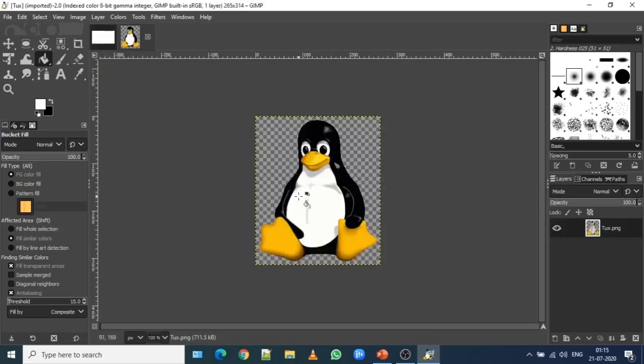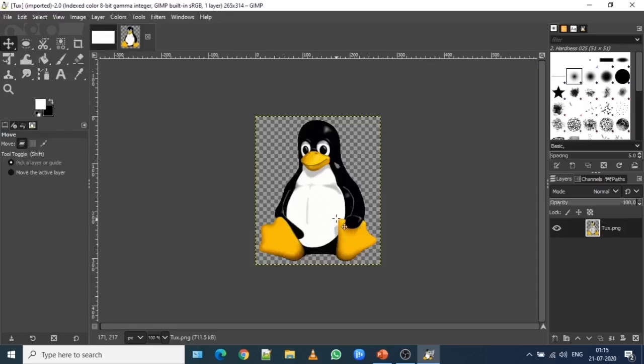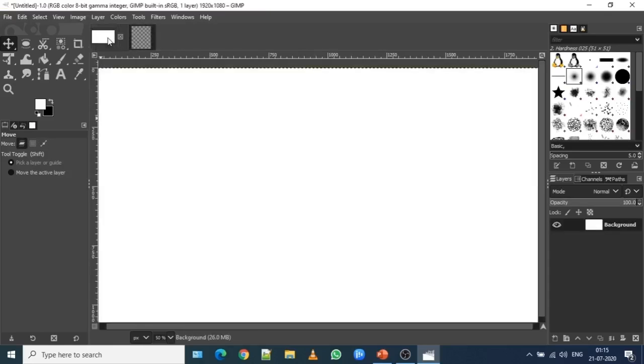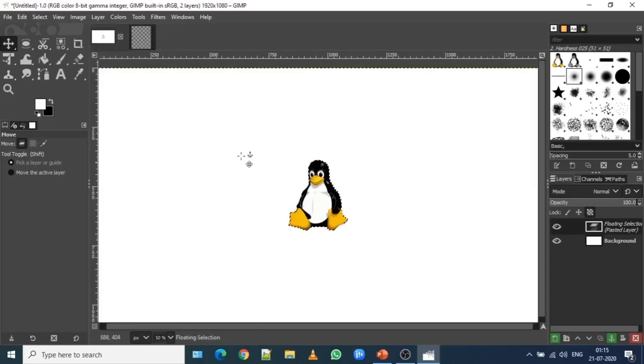So select the file, click over here, or it's better to press Ctrl A, then Ctrl X to cut the image, then go to the new file that you have created, then press Ctrl V to paste the image.